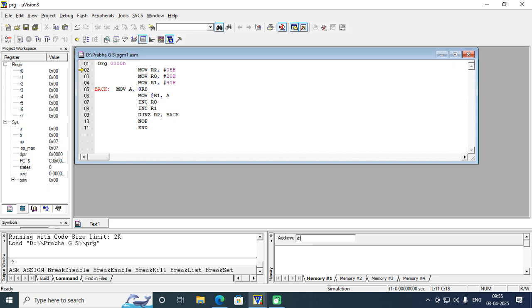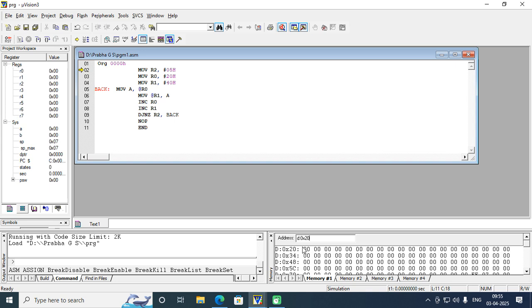So what is the specification? D colon 0x20. This is a memory location where the data must be present, and the second one, 0x20, must be moved to 40H. So I will load the data initially 11, 13, any data you can add here, but how many numbers? 5 in number. So 5 data bytes have been stored in 20H location.